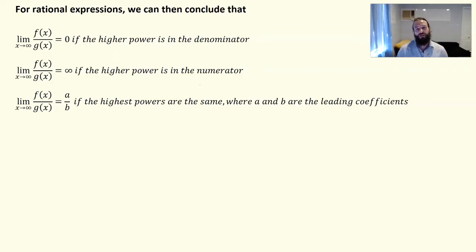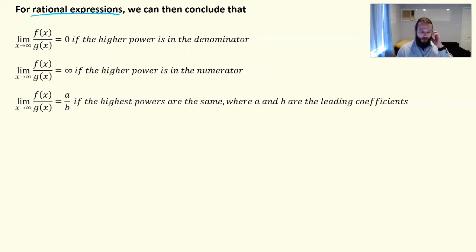In the previous video, we looked at some of the logic behind functions and their limits as x approaches infinity. And from that, we can derive a generalized rule for rational expressions of polynomial functions. We established, for instance, that the highest power in the function is going to be the one that dictates the direction of the function, and that makes sense because as our inputs, our x values, get larger, then the highest power of x is going to be what determines the direction of the function because it's going to get larger